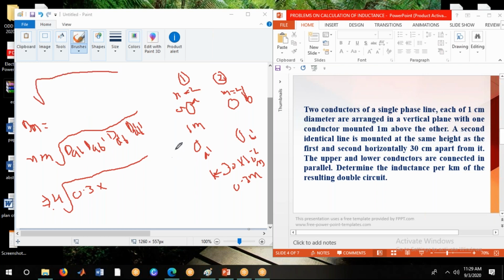For calculating DAB dash, first of all, you have to take the distance between A and A dash. Again, A dash to B dash, so totally you will get the distance between A and B dash. So it will come 1 square plus 0.3 square. That value I have substituted here. So its value is 1.044